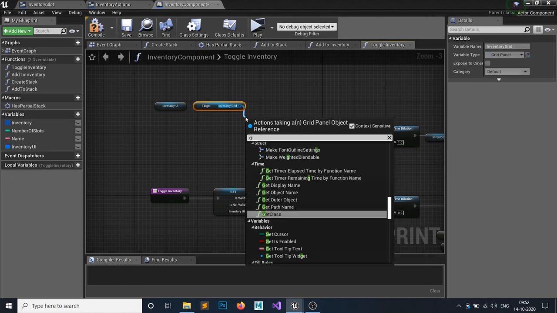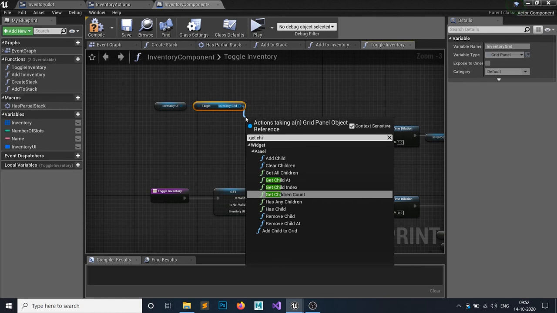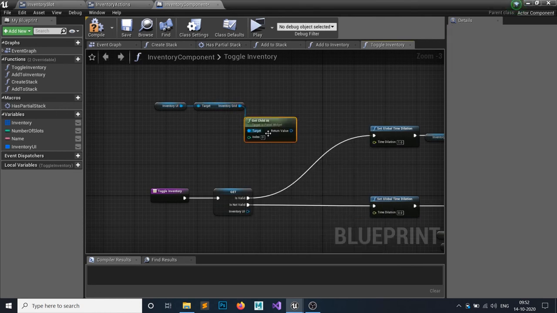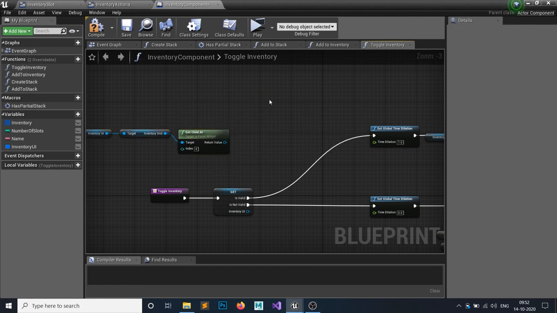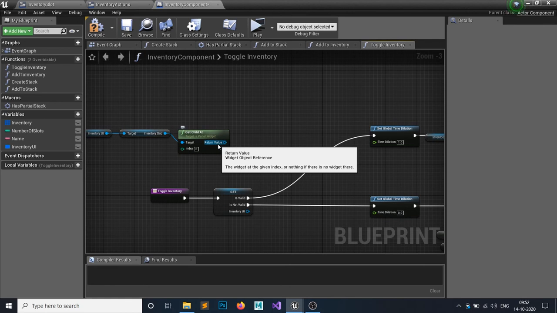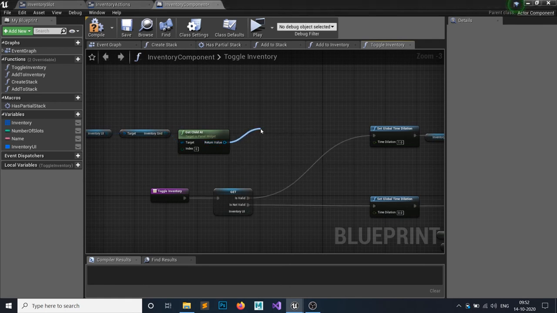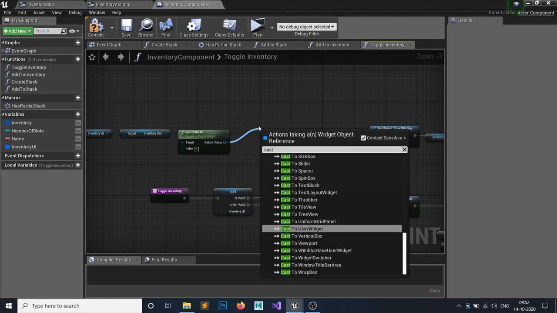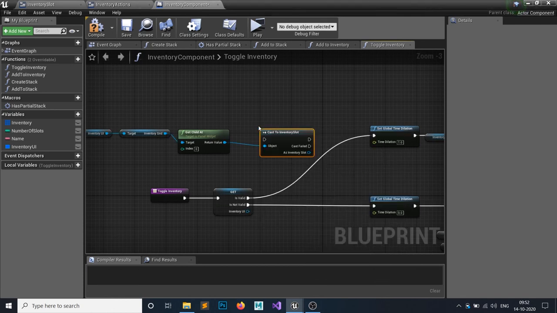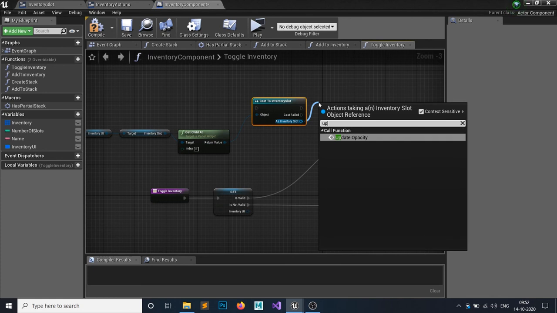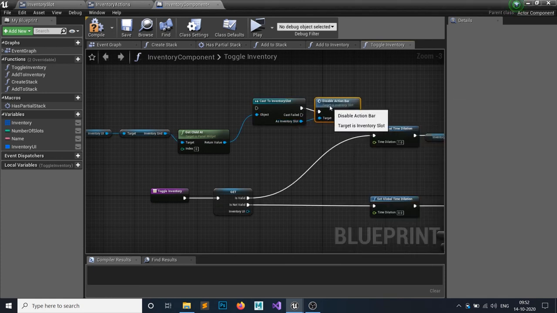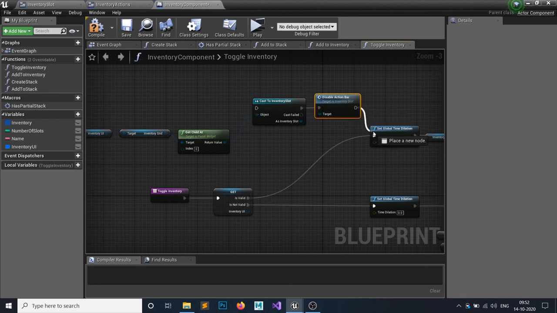So just get child at index. We use get child at because for the first index it would also remove that, so we don't want that for loop. For this one, we want to cast it to an inventory slot and just call that function, disable the action bar, and attach it to here.